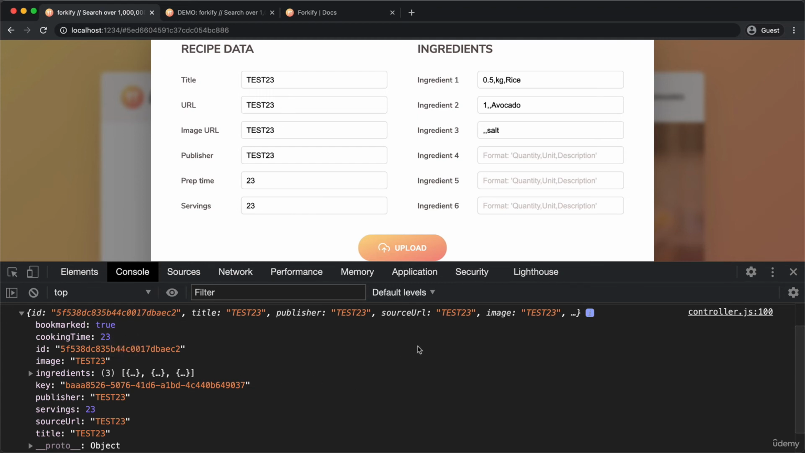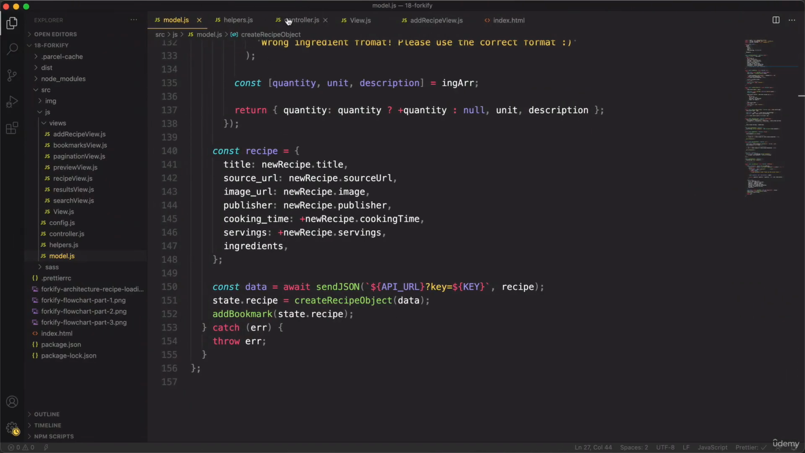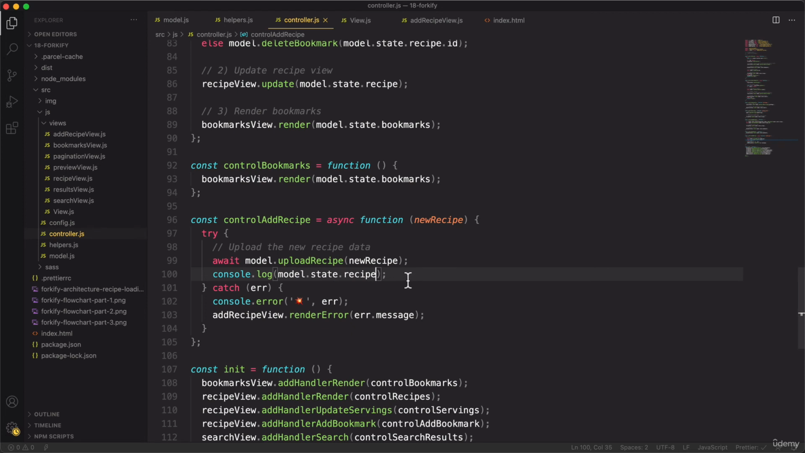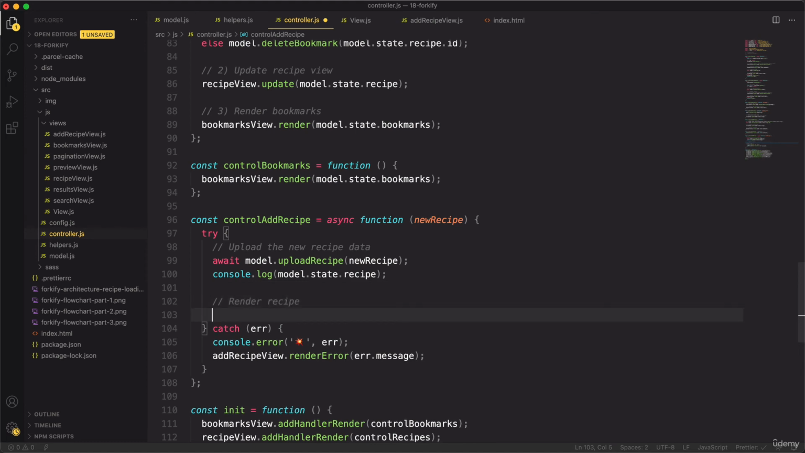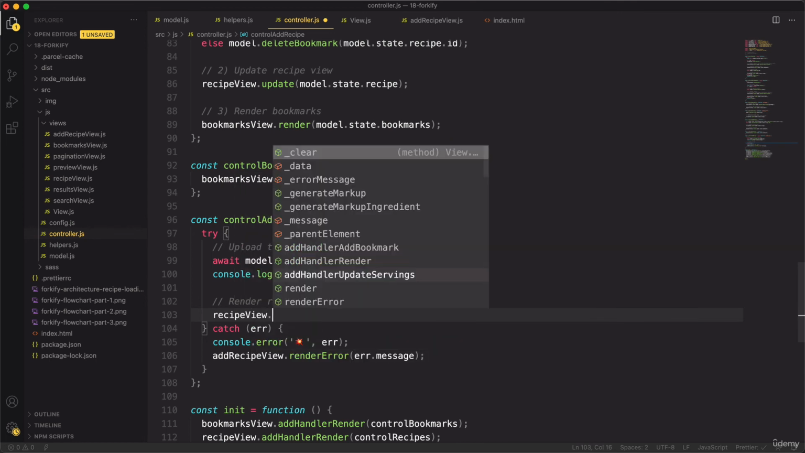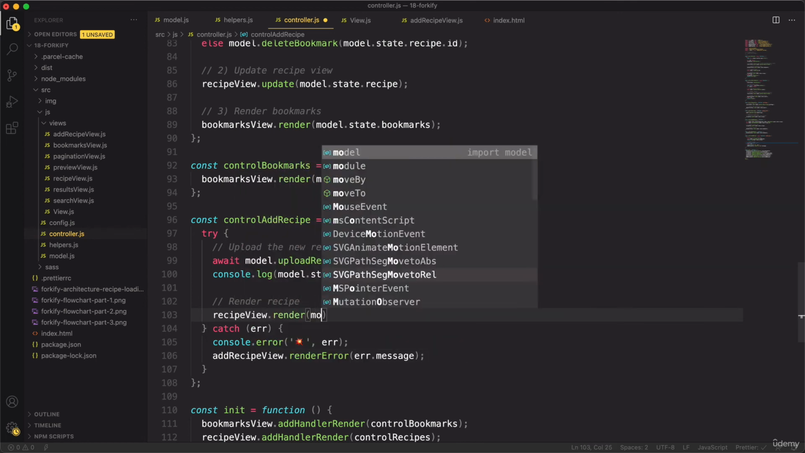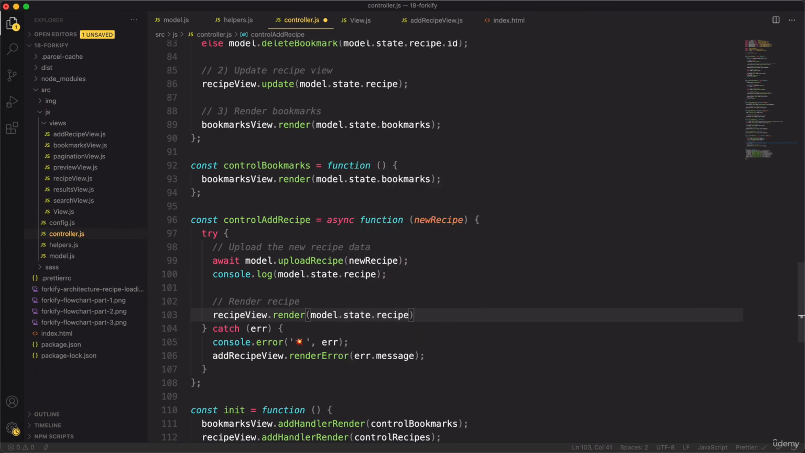Great. So just to finish this lecture very quickly, let's go back to the controller and now actually render this recipe in the recipe view. So render recipe, which will be recipeView.render, and then as always model.state.recipe. But now with this we would not really be able to see that rendered recipe yet because we still have